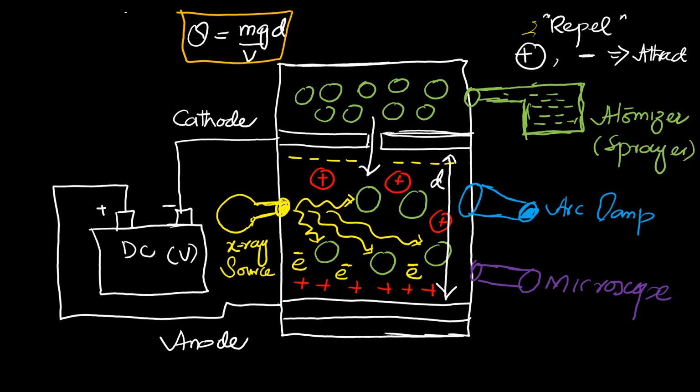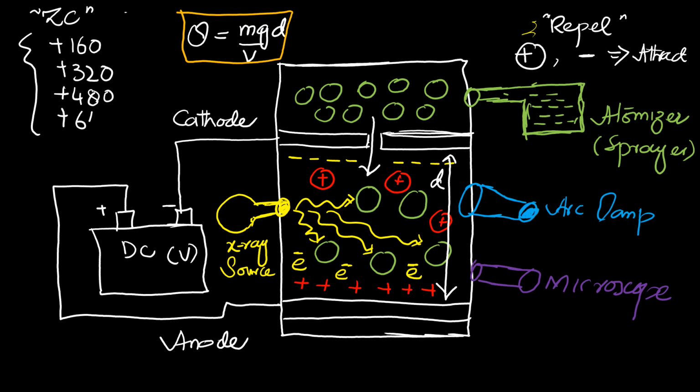Suppose the value of charge was in zeptocoulomb, which is a very small quantity, and it was varying in integral multiples of 160. Suppose one positive charge has a value of 160, the other will have a value of 320, and the next one a value of 480,